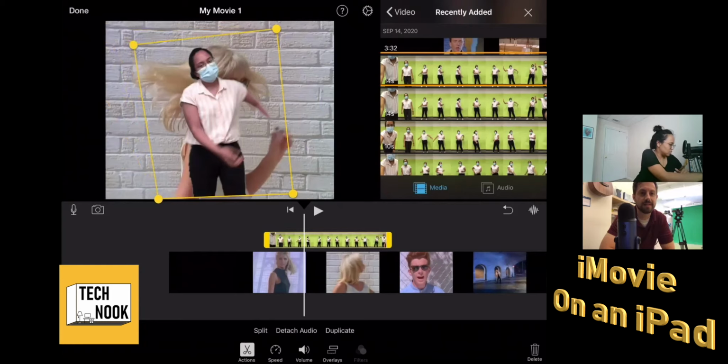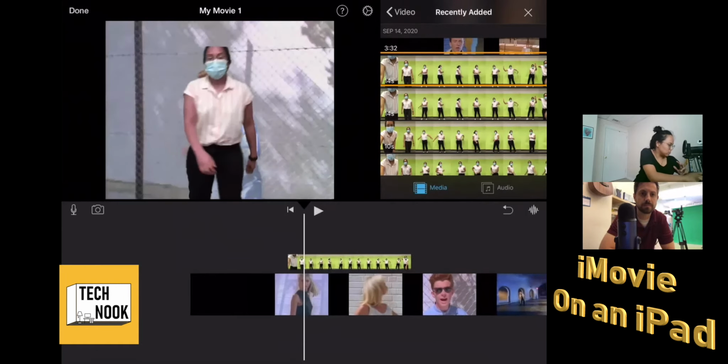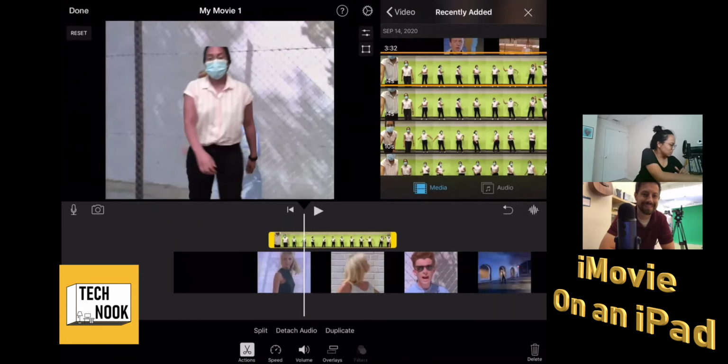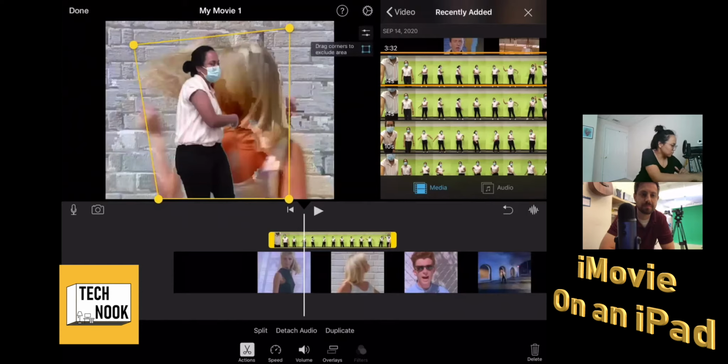Yeah, it does that, and then you can play with the strength of it. So unfortunately, that's the issue with the app, but it allows you to do it. Hold on, I masked too much of my head. There you go.